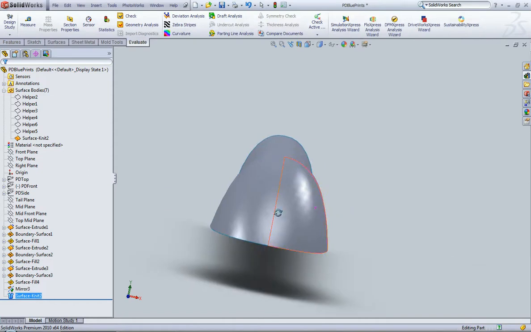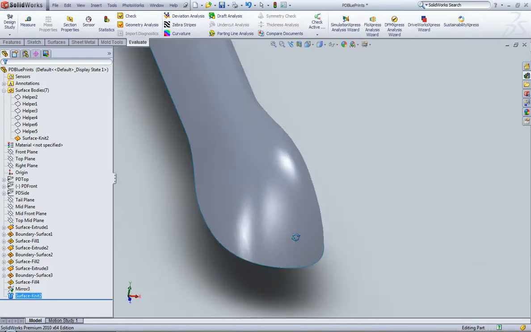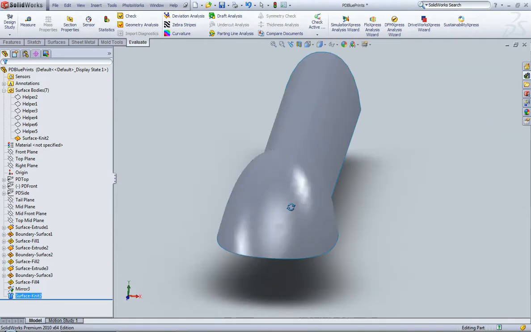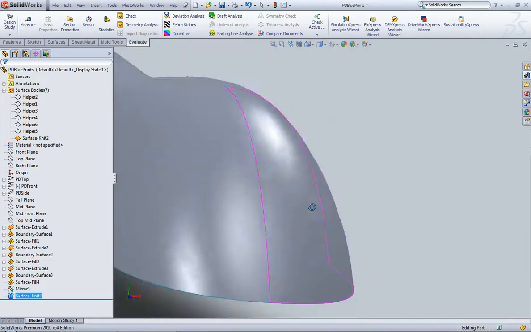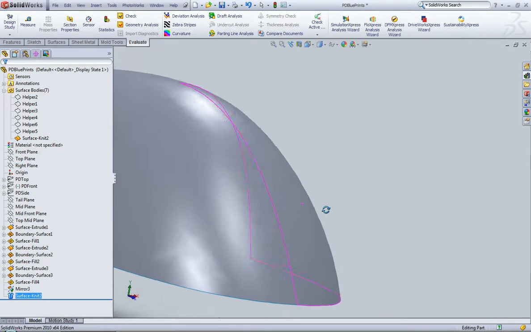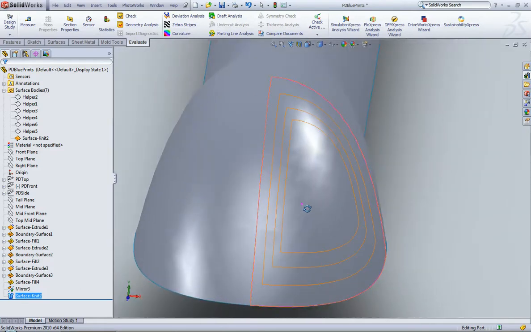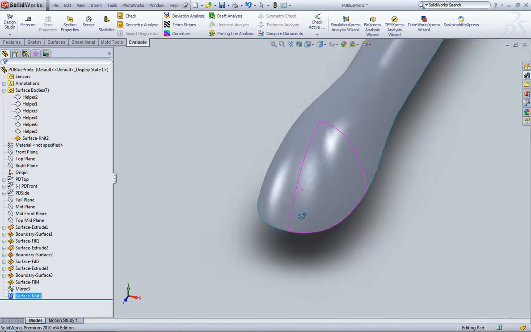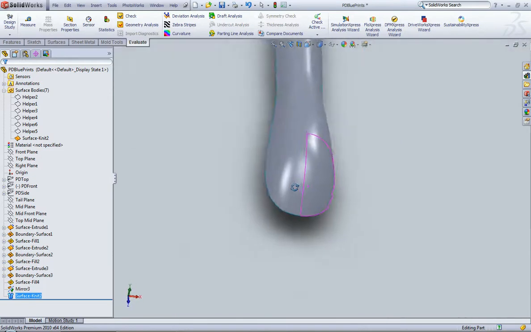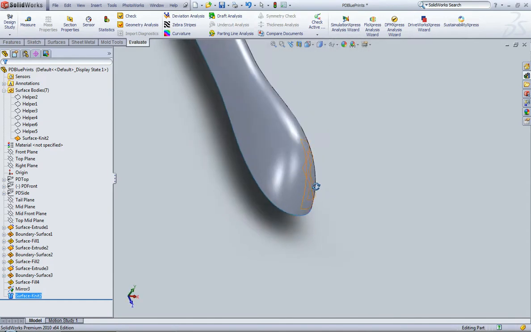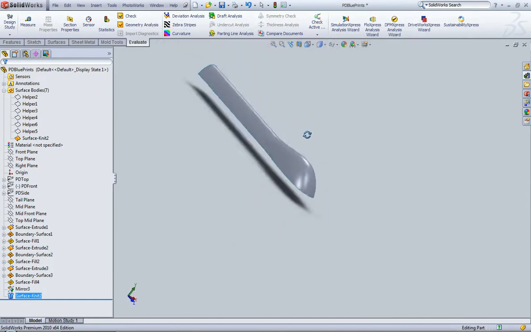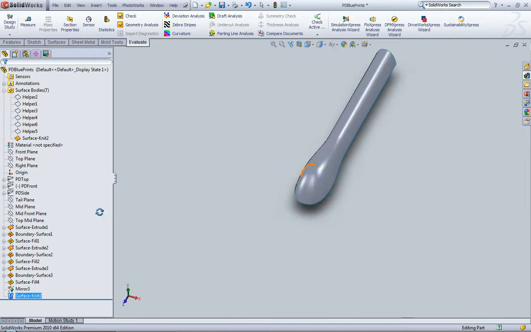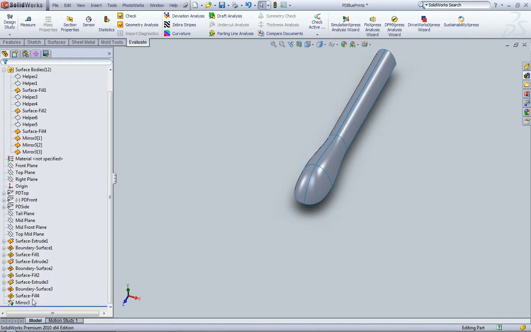Now, the resolution here, I've got some of my performance settings turned down, so everything moves around pretty fast. And we can look at these reflections as they go across these lines. They don't look bad. They're certainly not 100% perfect, but in terms of what we're actually modeling here, I think they're pretty good, and I don't think we need to worry about any of these curvature relations. So I'm going to delete that knit, delete that mirror,